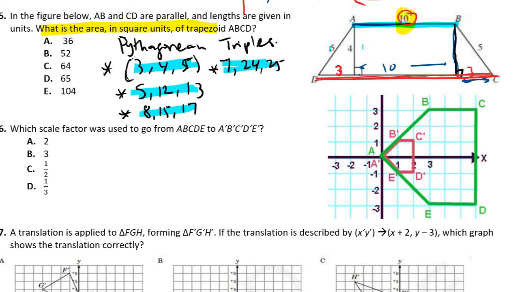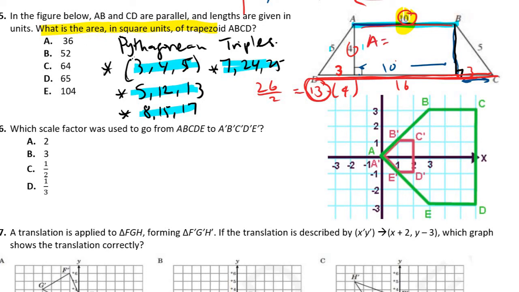So we're going to do 10 plus 16 will be 26. And then average of that divided by 2 is 13. So that means 13 is the average of the 2 bases, and 4 is the height. So times 4. See, the area for